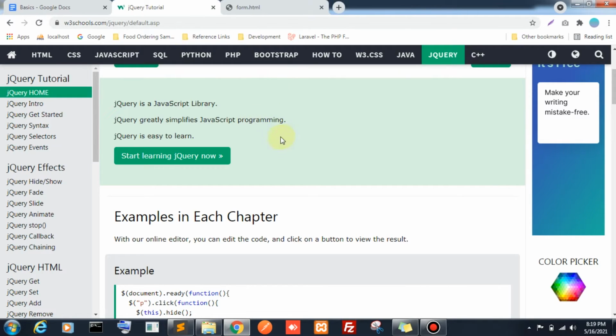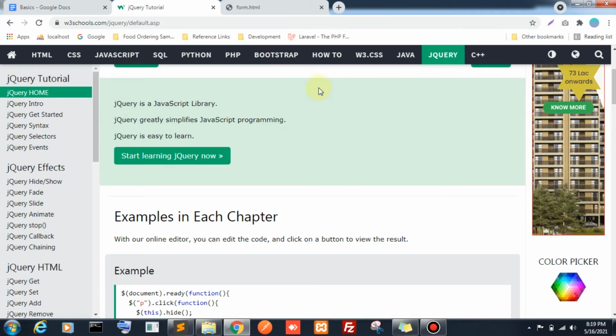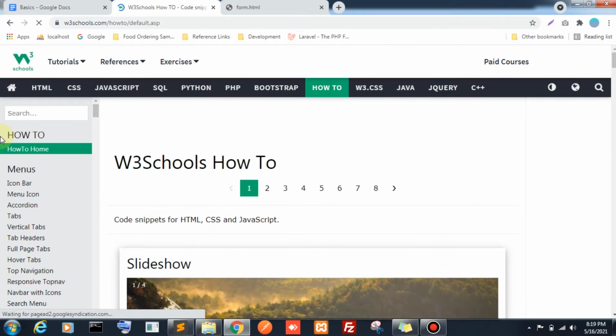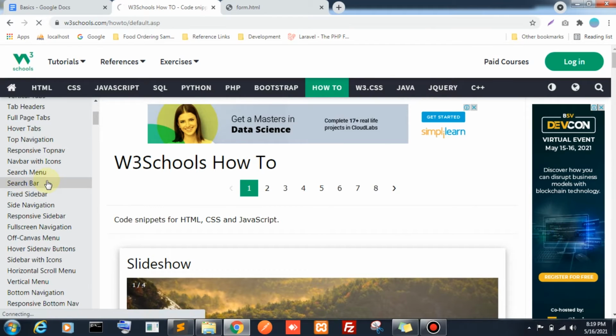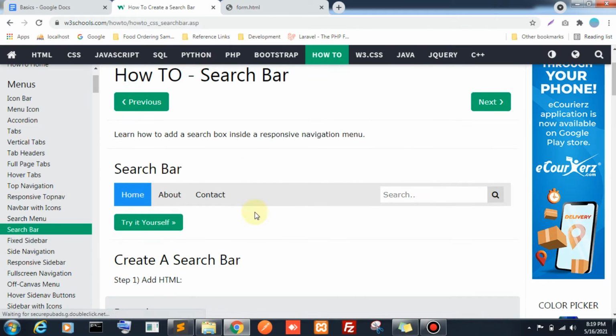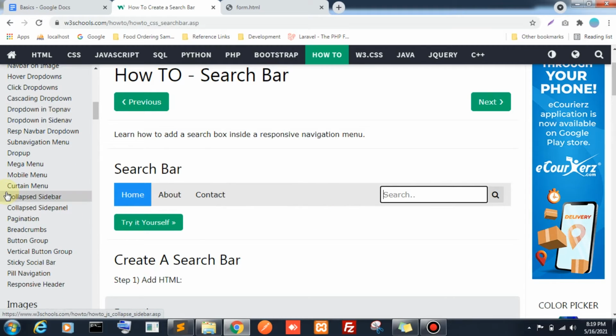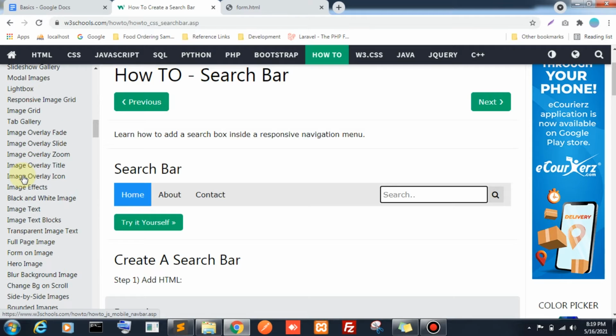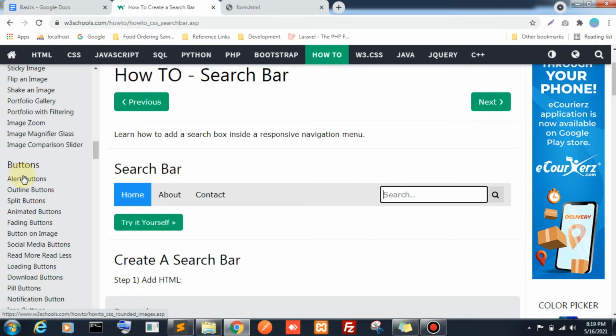I am going to make a minimal UI right now. So I am going to copy the registration form from w3schools.com. In W3Schools we have a How To section, and in that section we have many pre-built codes we can copy. They gave a search bar like this. These are all basic things in any website. For example, if we take Flipkart, in Flipkart also we have a search button, home, about, contact. In websites we will have home, about, contact. They already gave the design here, so I'm just going to copy the existing code.